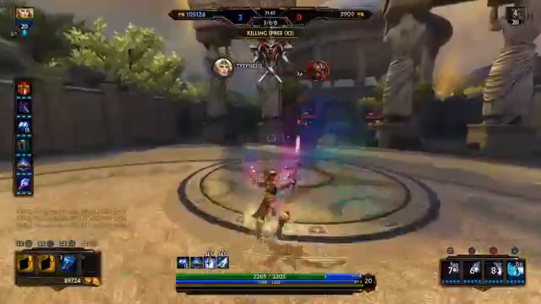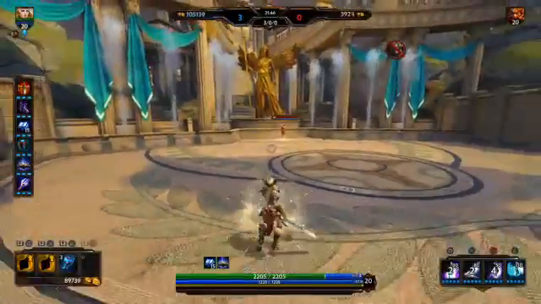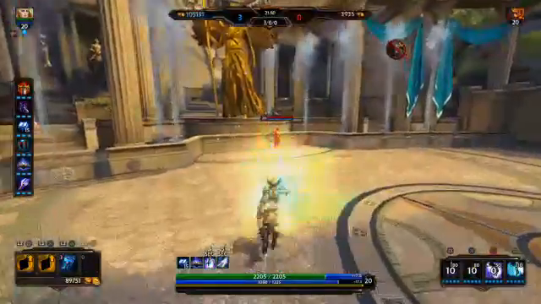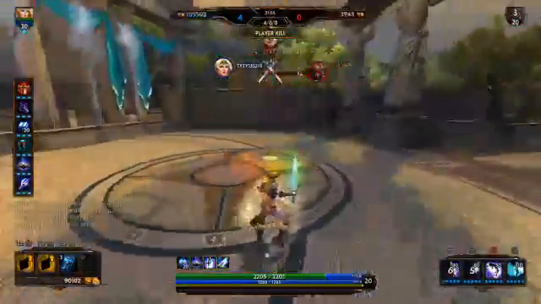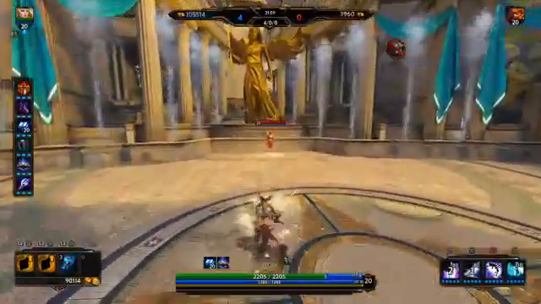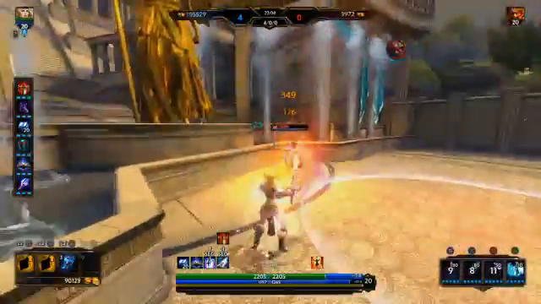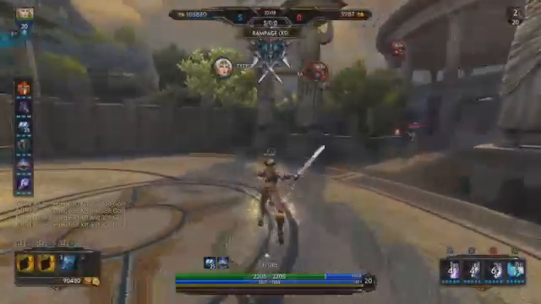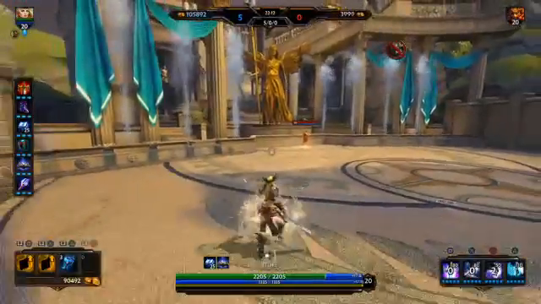Again, you could get away with this build without Haste Fatalis. You just have to use your circle, your 3, a lot more often. You'll need to lift them up, and then put your extra square and shoot when they're coming down. That's an option. The only thing I don't like is using that circle because